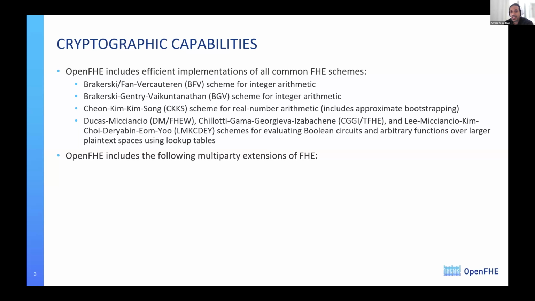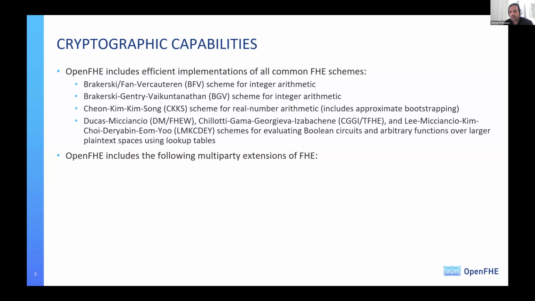That means you can do almost an unlimited number of arithmetic operations, whether it's addition or multiplication. So basically, you can implement any function or any algorithm using this scheme, with some challenges.